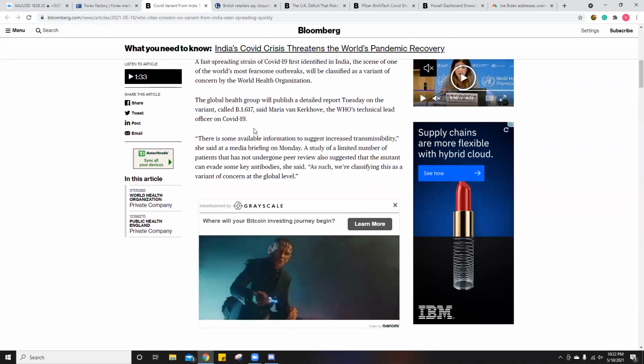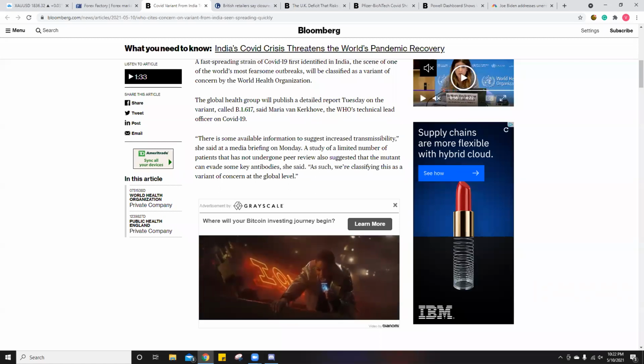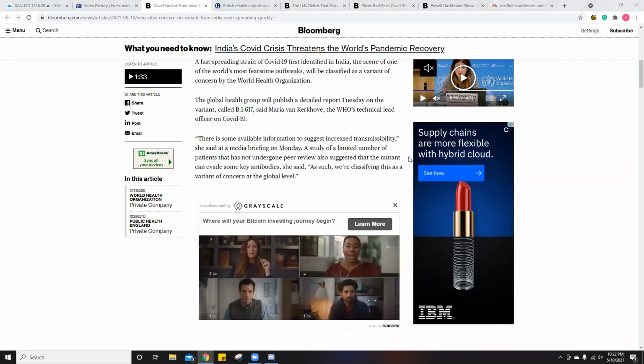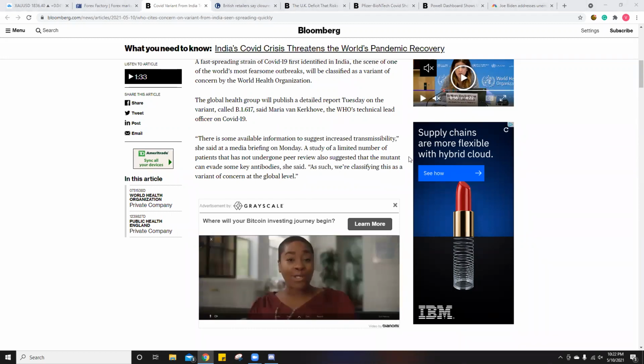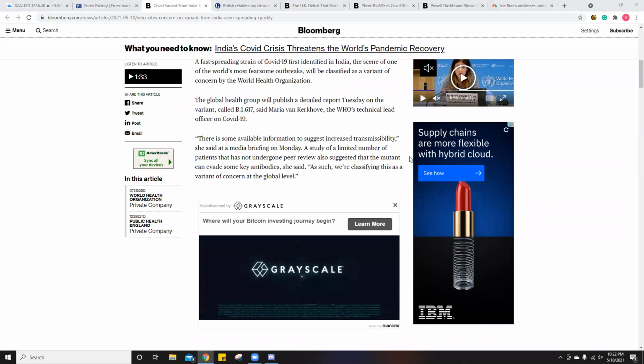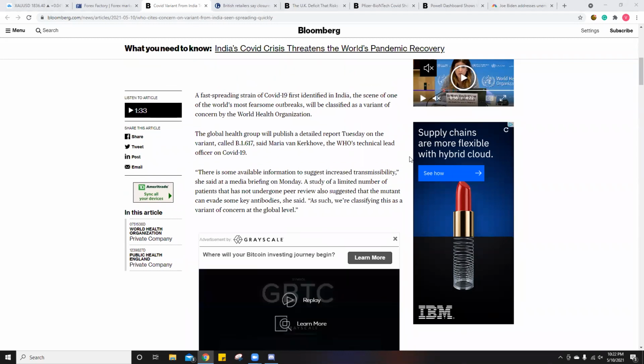So in India itself, it has caused a lot of deaths. It has caused a lot of increase in hospitalization, and now it's spreading into other countries. It's been in the United States now. It has been seen, or cases have been experienced, in the UK as well. So a lot of different countries, and the more it spreads, the more concerning it's going to become, because